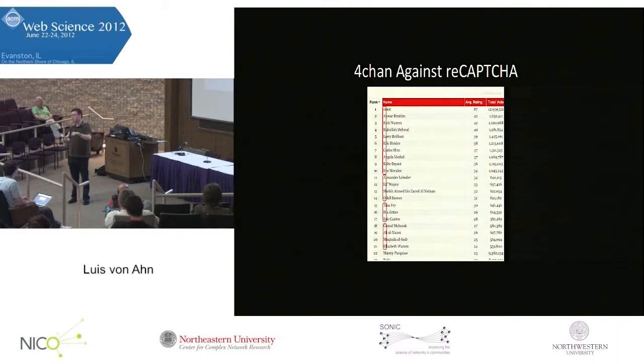So before you had to vote, you had to type a CAPTCHA. So basically, the program broke. And then their pretty little order started getting messed up. So it was out of order. And then the 4chan guys were not happy about that. So what they decided to do is figure out how to break reCAPTCHA.